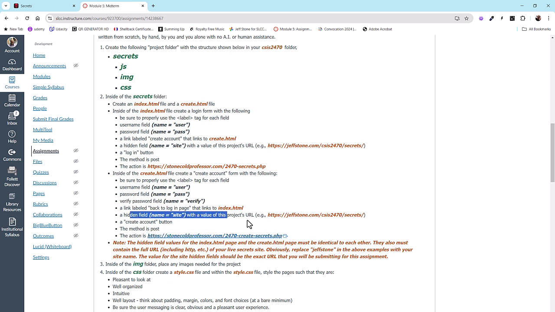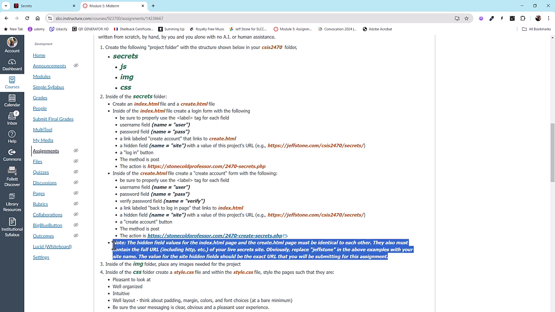And again, you need to have that hidden field with the exact same thing that you put here. And of course, it needs to be the URL that you're going to submit for the assignment. But if they don't match each other, then your whole project won't work. So this is very dependent upon my code working with your code. And again, that's a real world scenario. You have a PHP person or a back-end person that has to make sure that the front end and the back end folks are talking to each other and communicating. So consider this video my communication, and in the real world, if you do that properly, then everything will work properly, right?